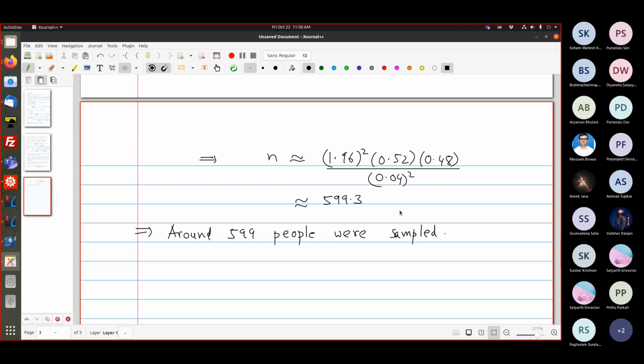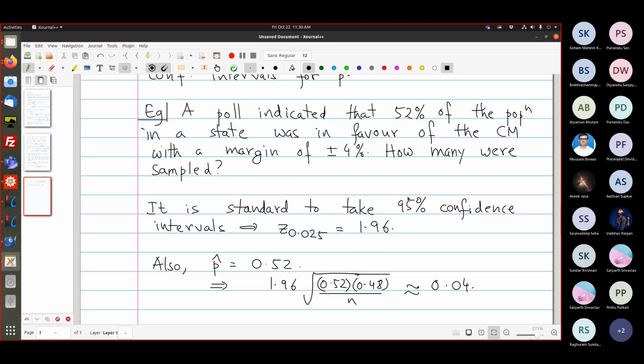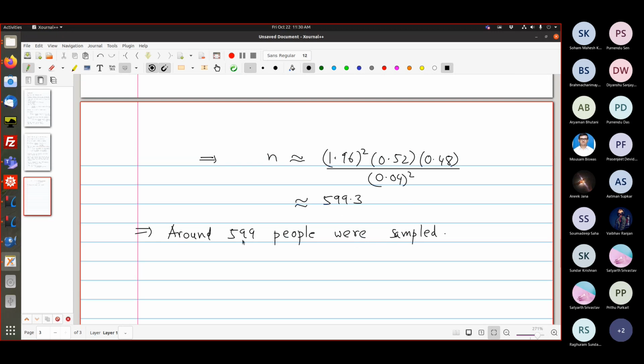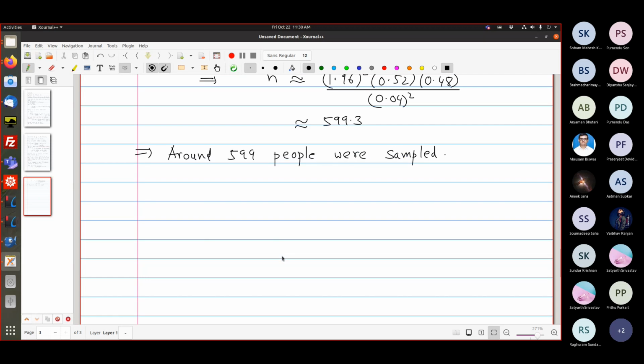So this is one takeaway from this course, if you like, that whenever you see opinion polls like this, you can see if the sample, for example, is large enough. If you had gotten 50 or 20 from this calculation, you know that maybe this poll is not trustworthy. Sometimes people do not disclose how many were sampled, so this is a quick way to check.